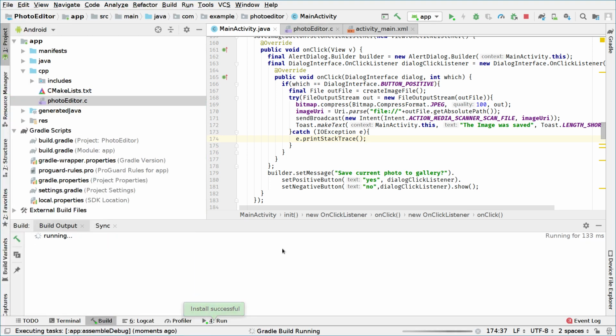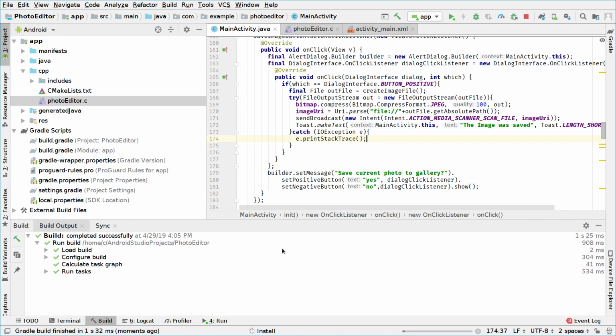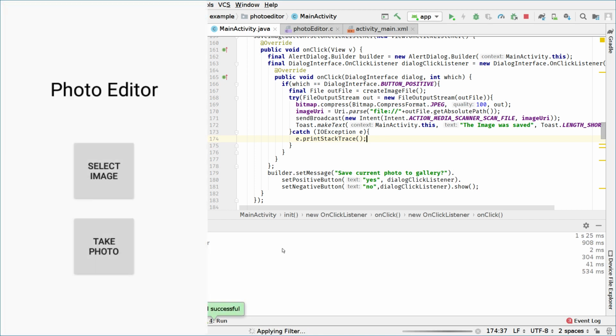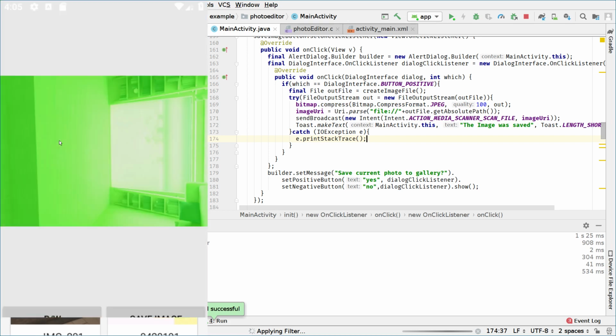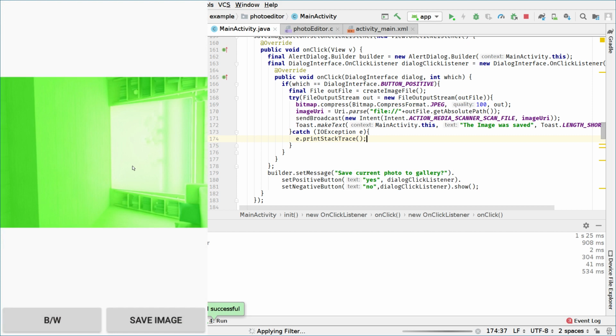So right now, let's try to run the app again. So as I run the app again, I click on select image. Right now you can see that the image that we saved previously exists here. Okay, so here's the image we saved previously, and we can open it or do whatever we want with it, right? So that's basically how we do this. But what if we are inside this and we want to go back to select another image? Okay, so we will